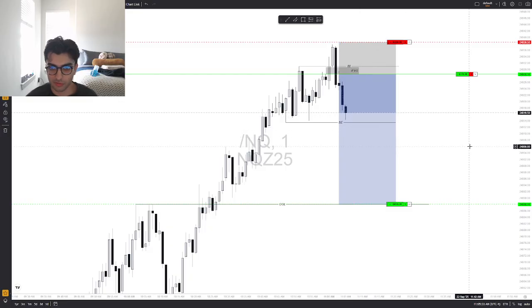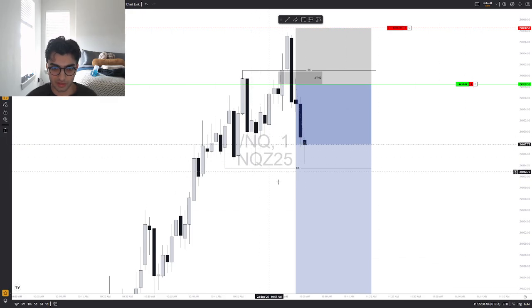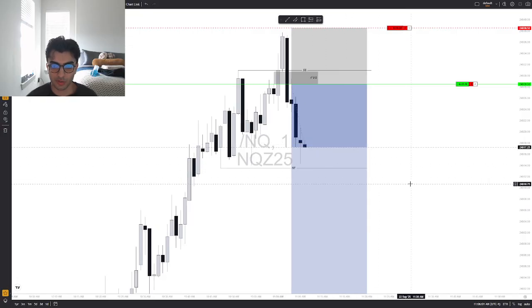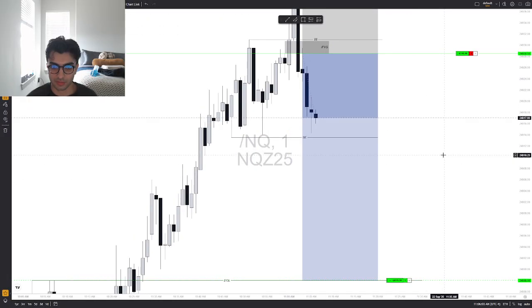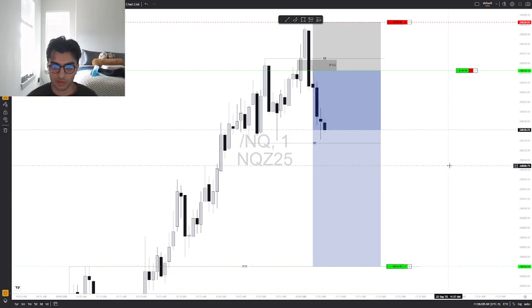So we're coming up on this level. Don't want to see any wicking like this, otherwise I'm gonna want to close out my trade. We still have 20 seconds left in this candle, but any premium wick like this is going to signify a move back up. So 10 seconds here. 4, 3, 2, 1. Okay. So we did premium wick there, but sellers are still in control here. Conviction is rather high here.